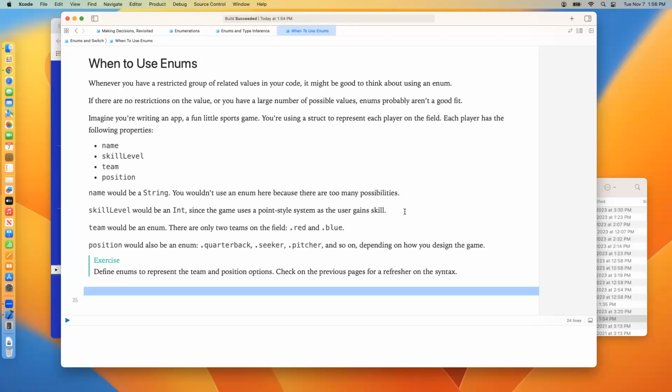Right? So it says, imagine you're writing an app, a fun little sports game. You're using a struct to represent each player on the field. Each player has the following properties: name, skill level, team, and position. Pretty common, right, for somebody on a sports team. Name, obviously a string. Would you use an enum here? Well, no, right? Too many possibilities. I mean, names can be almost infinite, right? Skill level would be an int, and since the game uses a point style system as the user gains skills,